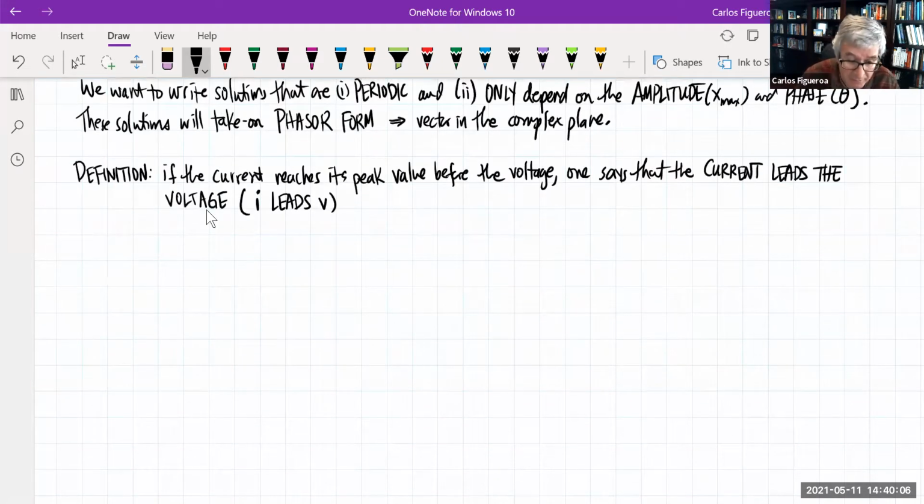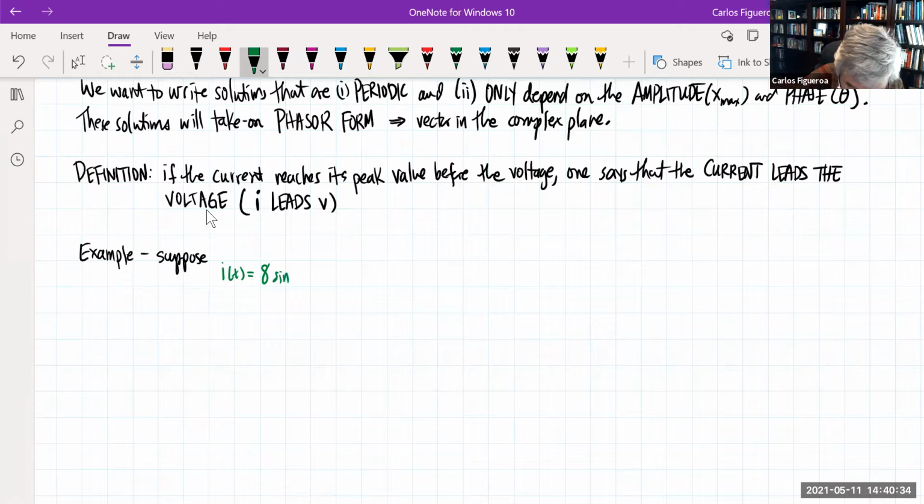So to give you a sense of what I mean by this, because that's something that's going to come up quite a bit, I want to start off by looking at a simple example. Suppose we have two values. Suppose we have a current, let's say green. So I have a current I of t, which is 8 sine of 4t minus 1/3 pi